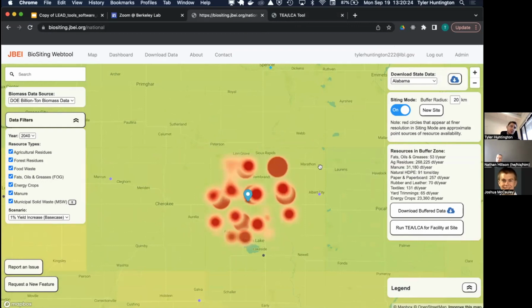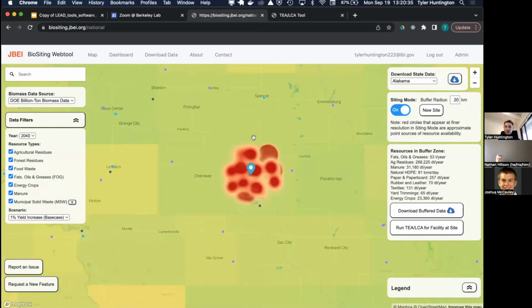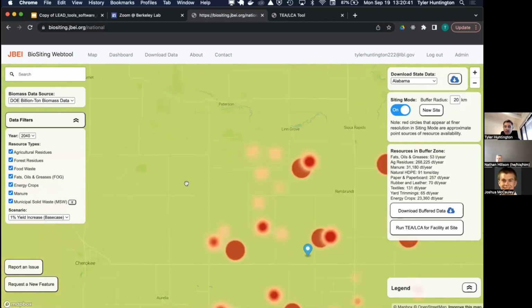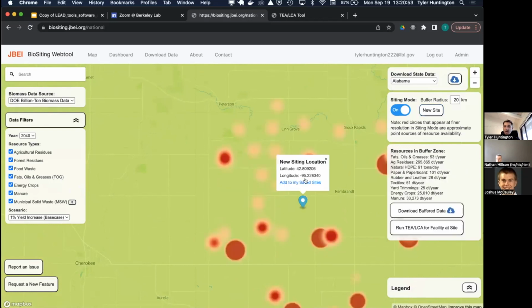Yeah, actually, that's a really good point and very timely, because we are actually planning to implement something just like that fairly soon, because there are some very expansive EJ, environmental justice data sets, down to the census tract level, that could pretty easily be slotted into this map. And so when you put down a siting location, for instance, instead of just getting this little pop-up that shows your lat and your longitude, we would like to also give some basic summary stats about the census tract that you're in, and whether that tract has